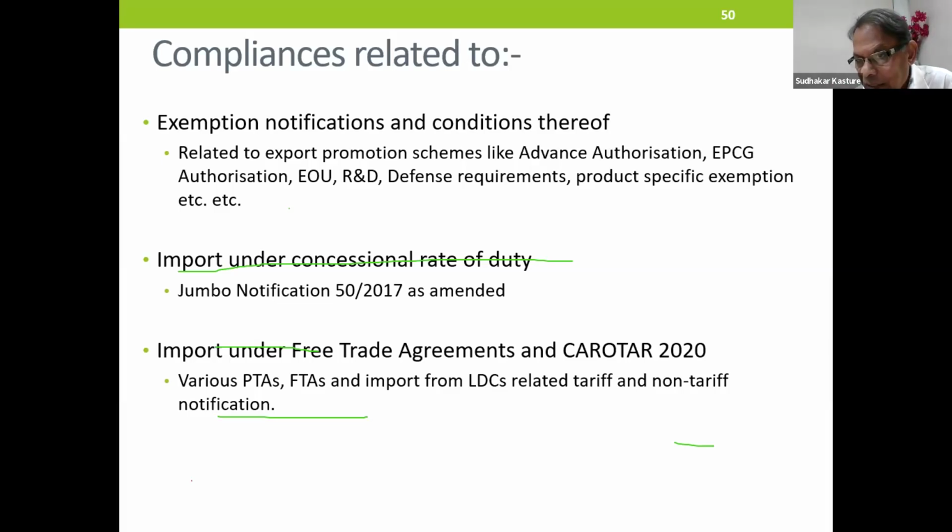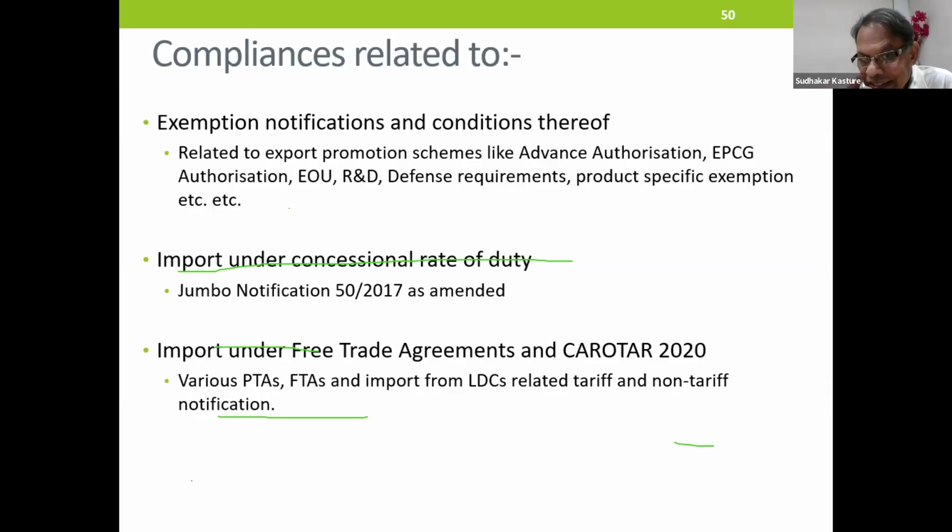In the same way, customs is going to look at all the exemption notifications, conditional exemption notifications more, because there is a condition related to why exemption has been granted, because you are supposed to perform something. If you have not performed something, I have to take back that exemption from you.